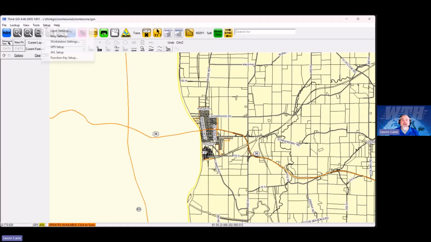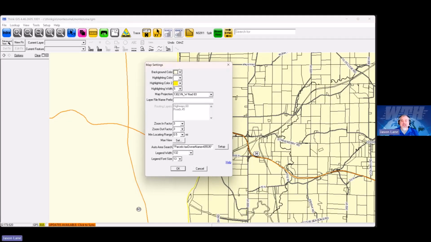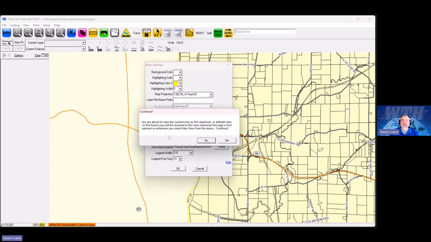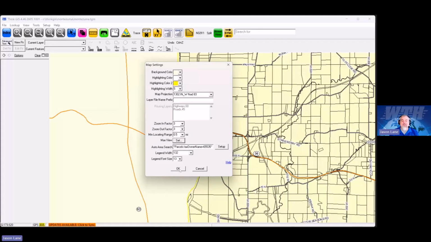I would come up to setup, and whereas to add buttons and remove buttons previously I went to workstation settings, this time I'll go to map settings. Under map settings, we have quite a few options here, but one option about 2/3 of the way down is max view set. If I just left click this, it says you're about to change your current view, which was this view here. Say yep. So now I hit OK,